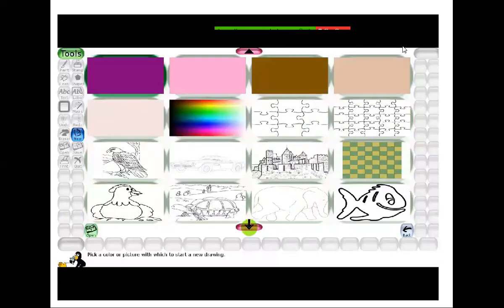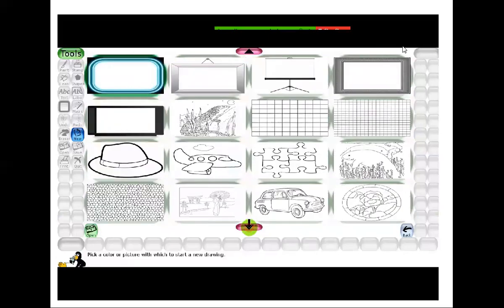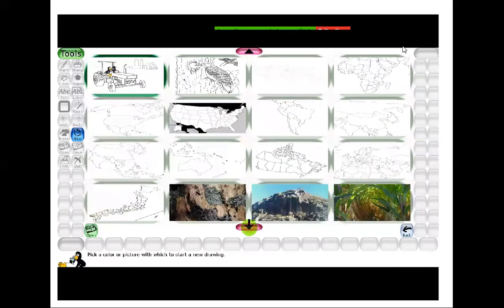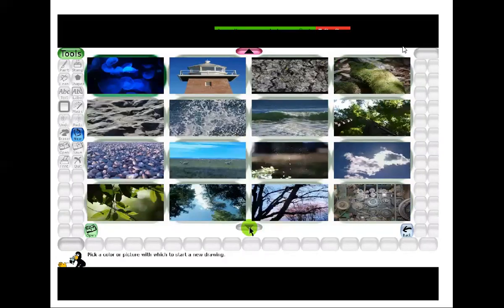See, ready-made pictures, frame, drawing. So many pictures you will get here. You can choose any background or ready-made picture from here.